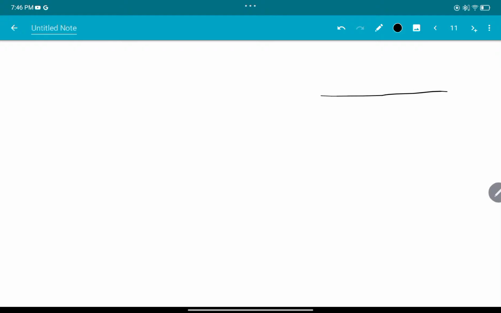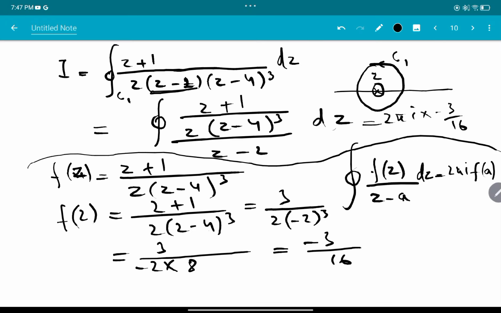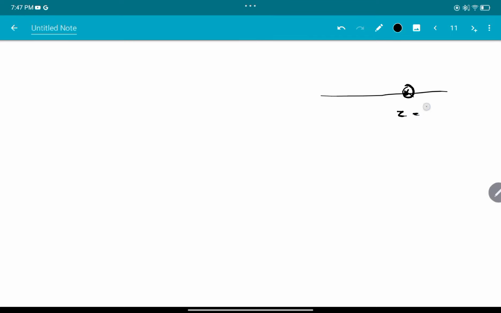We have another singularity, and this singularity has higher order. It is a higher order singularity. The singularity is z minus 4, z equal to 4. Let me take this as my Gaussian path. Now let me denote it by C2,